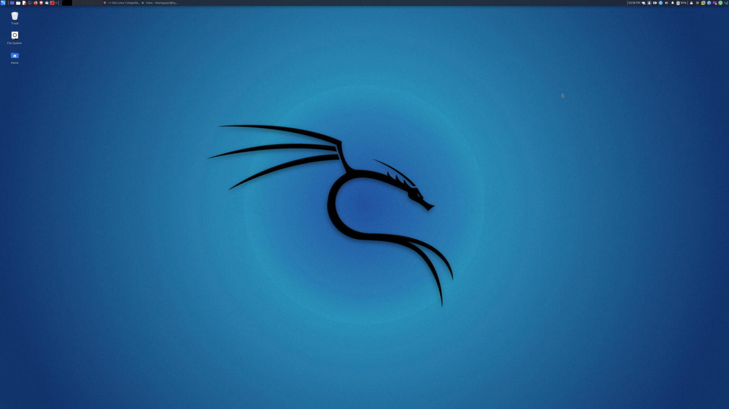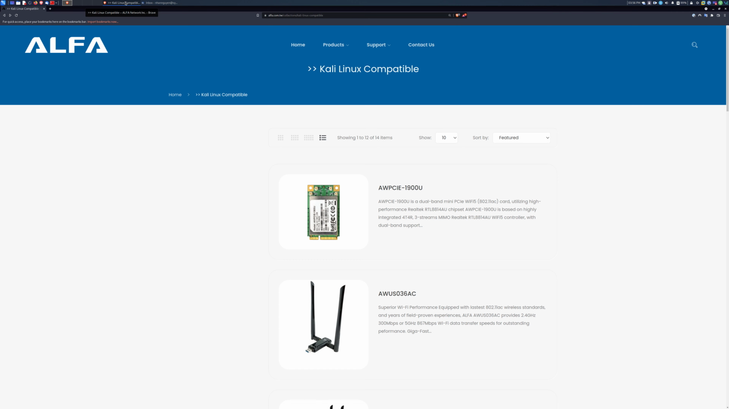Hello guys, in today's video I will show you how to quickly install the driver for the ALFA Wi-Fi adapter on Kali Linux. These Wi-Fi adapters are actually Kali Linux compatible,